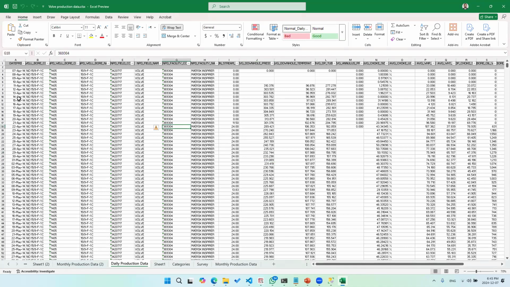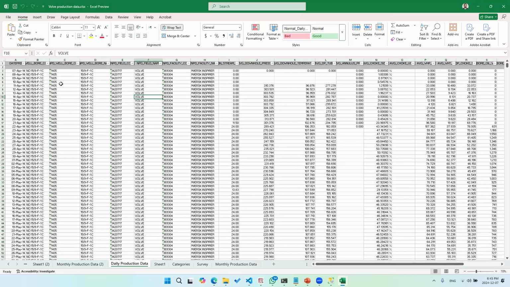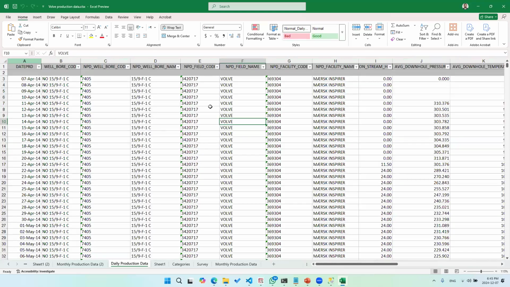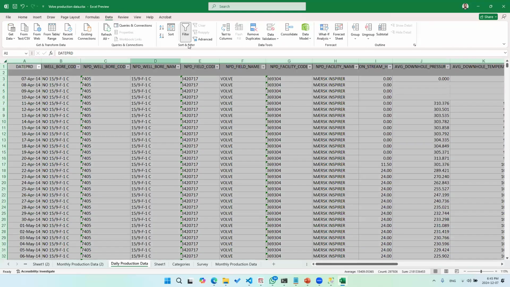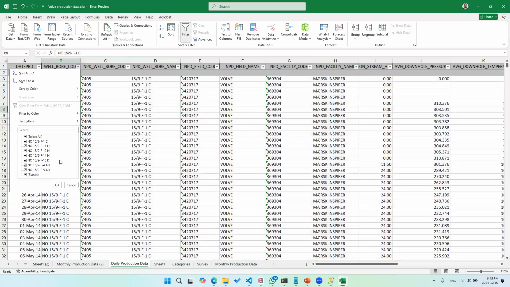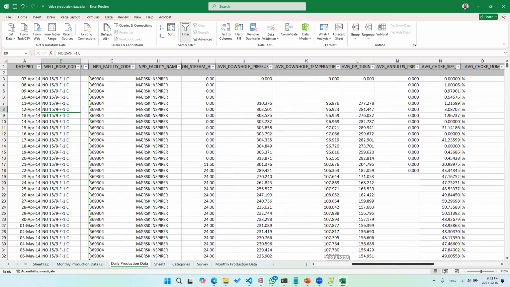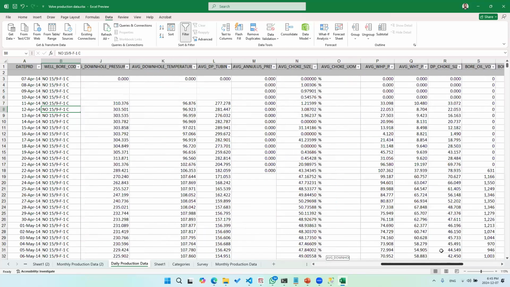So let's say that maybe you want to filter down any particular well. What you usually do in an Excel sheet, you select those columns, then go to data and activate the filter, and then maybe you can select any well you want, right? This is what usually happens in an Excel sheet. But this process is very slow. And the process of filtering down multiple things at the same time, or chaining multiple things at the same time, is going to be time consuming. Plus, it's not very easily shareable among other people.